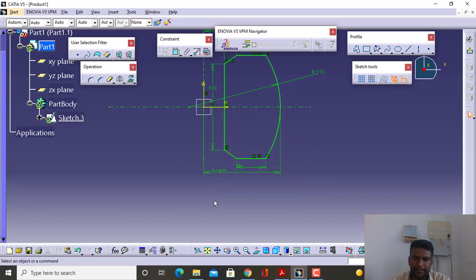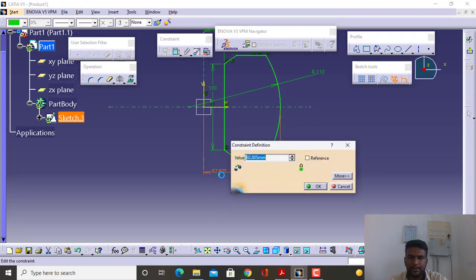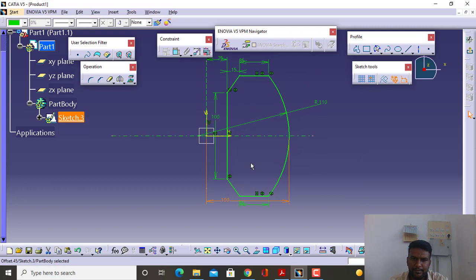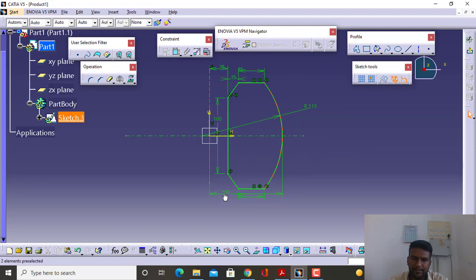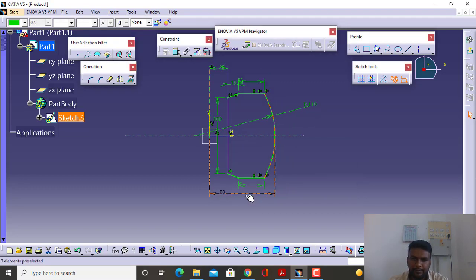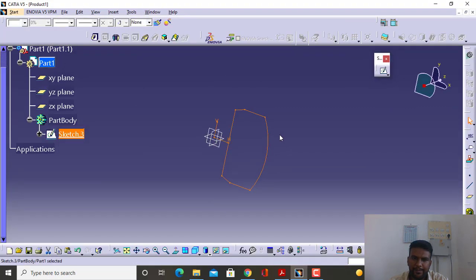Right. So now it is showing as fully constrained. Change the dimension and now you can exit the workbench. So just let me make it 90. Okay, next thing is we can exit the workbench and use the shaft command next